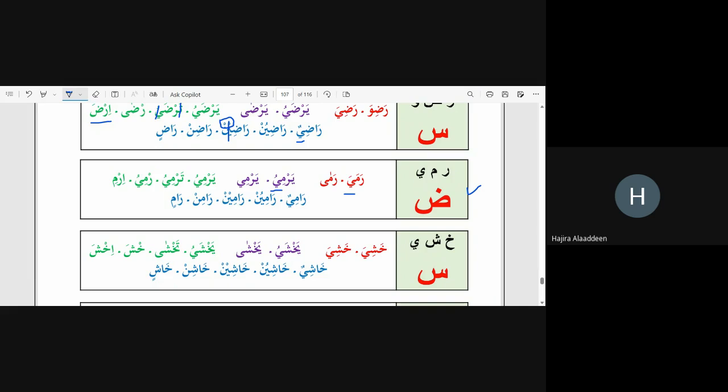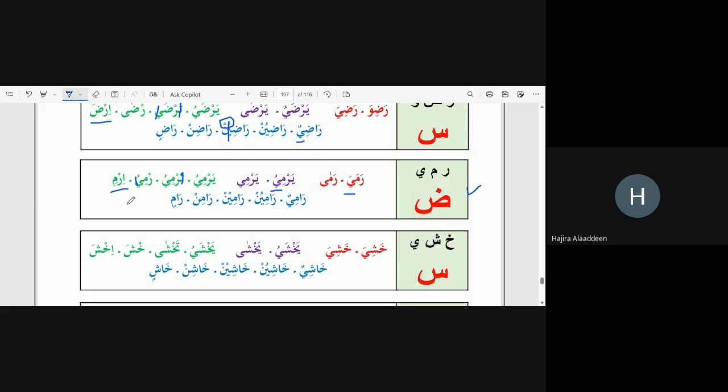So amr is basically produced from the mudari verb. So yarmiyu, the second person is tarmiyu. Then we drop the alamati mudari, of course, and drop the haraka of the last letter, which is ya. So ya will get a sukoon, taf with a fatha will be dropped. So we get rami. And since the hamzatul wasl comes with the amr, there should be a hamzatul wasl before,